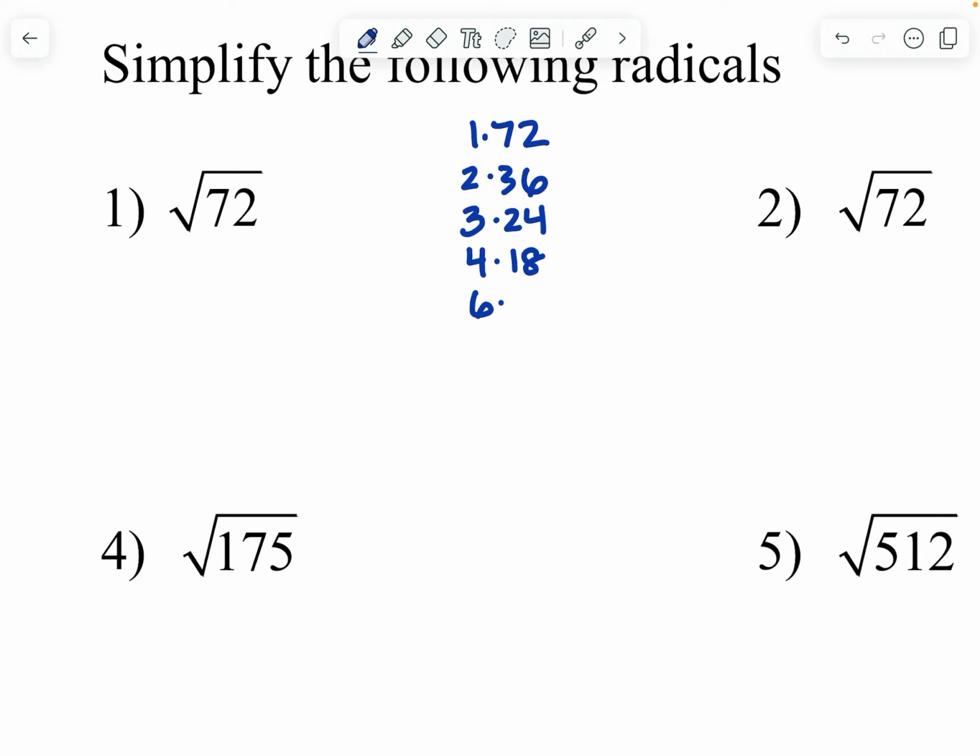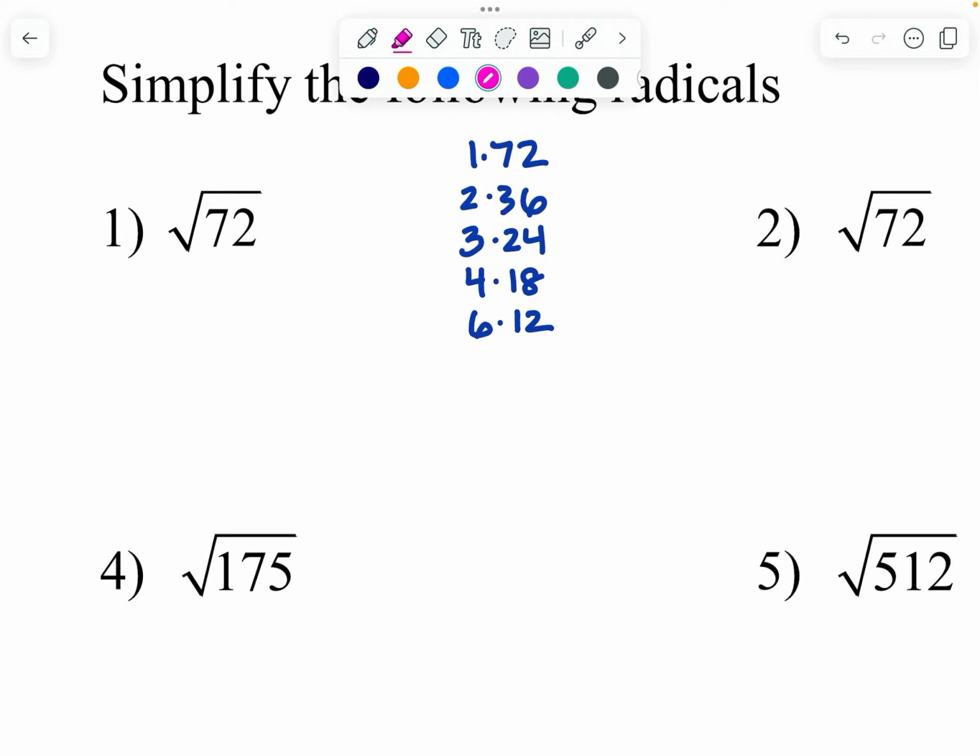So 6 goes in 12 times. 7 doesn't. 8 doesn't. 9 doesn't. 10 doesn't, 11 doesn't, and then once you loop back up and here's 12, you know that you've got your complete list. Now, when you look at your list, you are looking for a pair that has the biggest perfect square. So 72 was not on my list from before, but 36 was, which brings us to our first rule